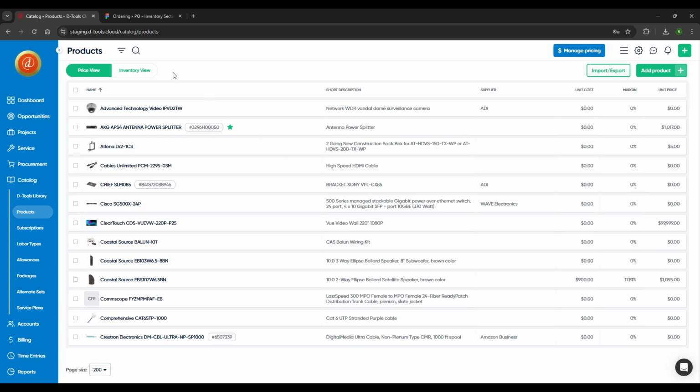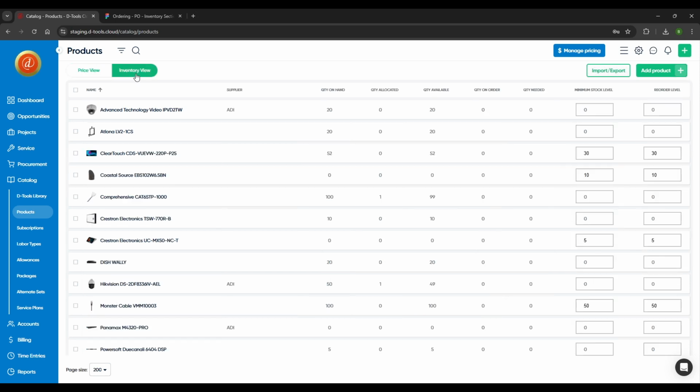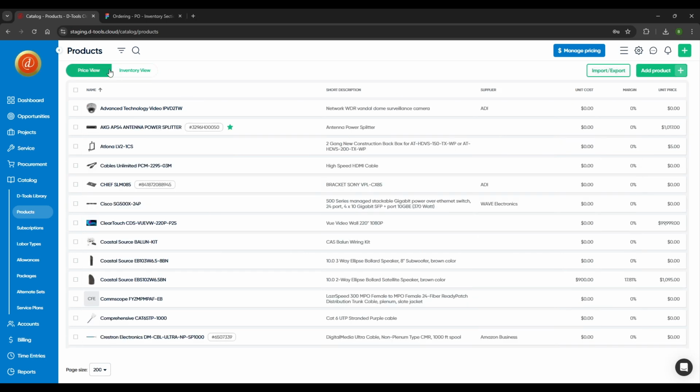What you'll see and notice is that there are two views now under the product catalog. One is the price and one is the inventory. This will give you a quick snapshot of all your inventory items within DTools Cloud. And from that price view, I wanted to make sure that I point out that